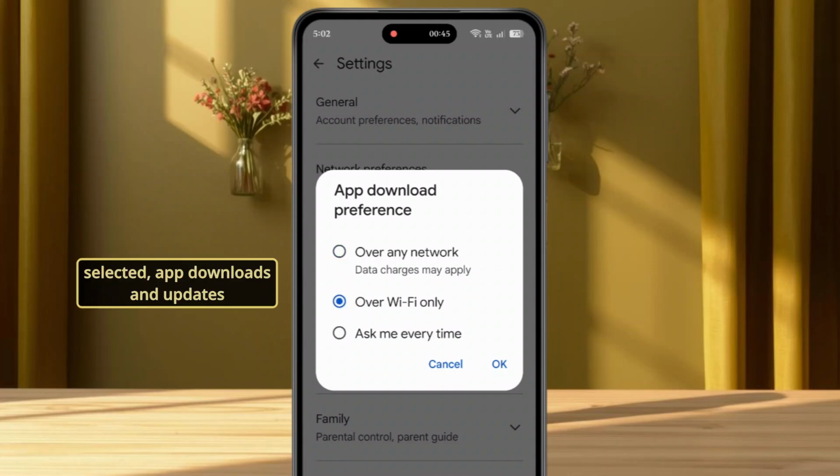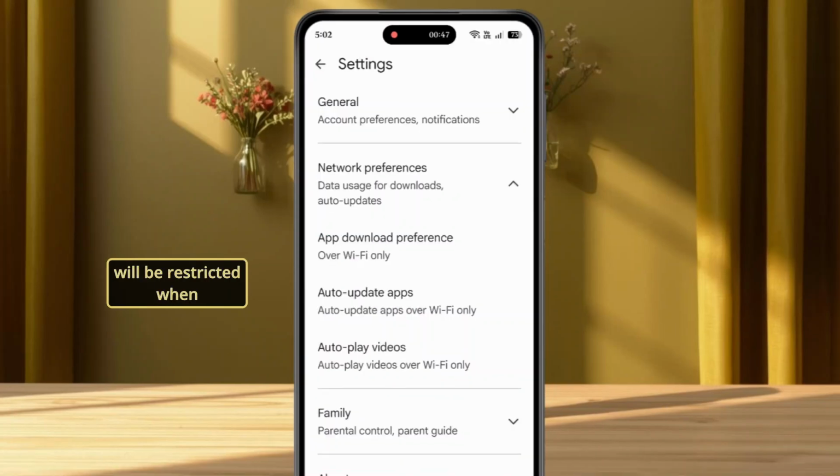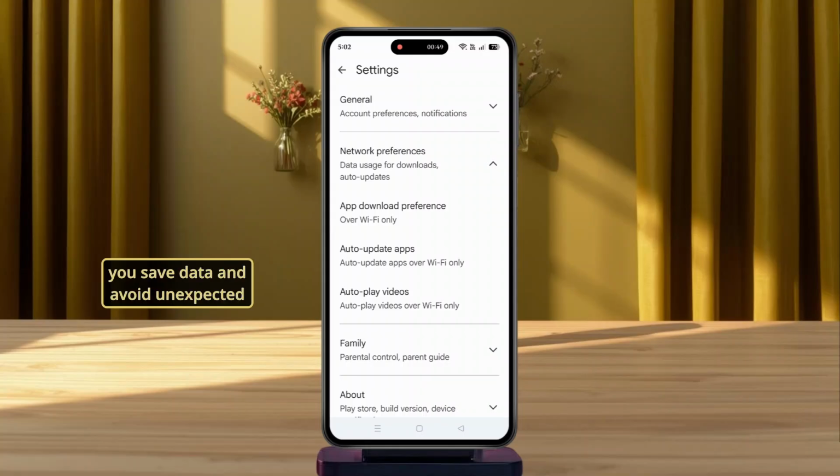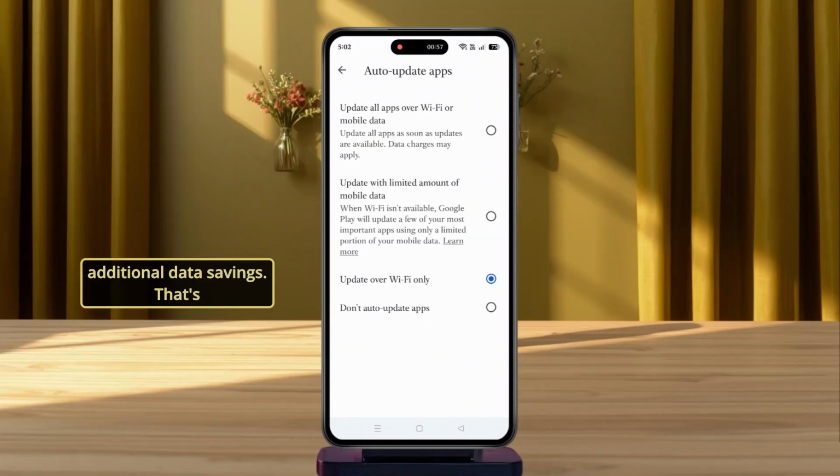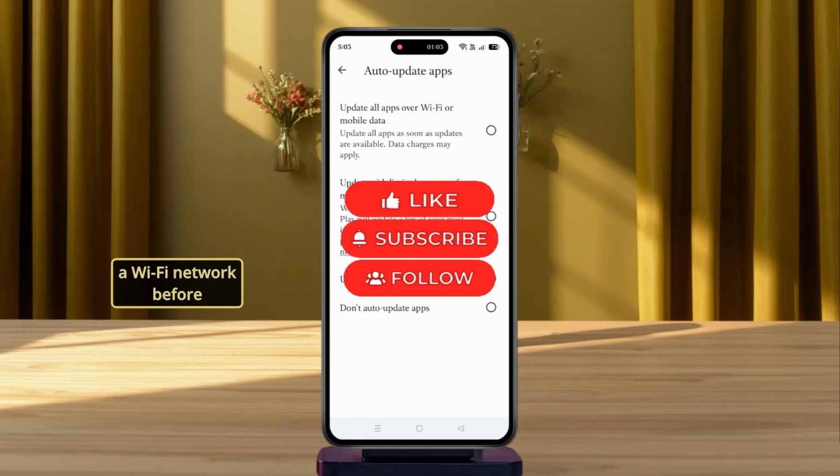Once selected, app downloads and updates will be restricted when you're using mobile data, helping you save data and avoid unexpected usage. You can also check the Auto Update Apps option and set it to Over Wi-Fi Only for additional data savings. That's it. From now on, the Play Store will wait until you're connected to a Wi-Fi network before